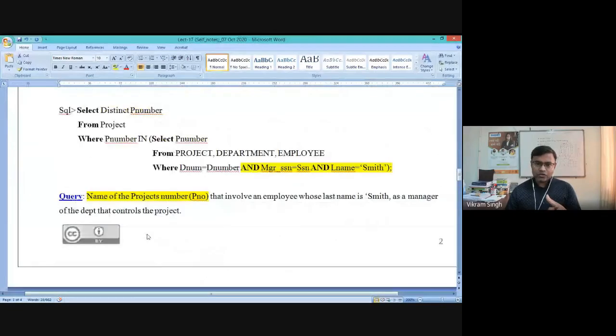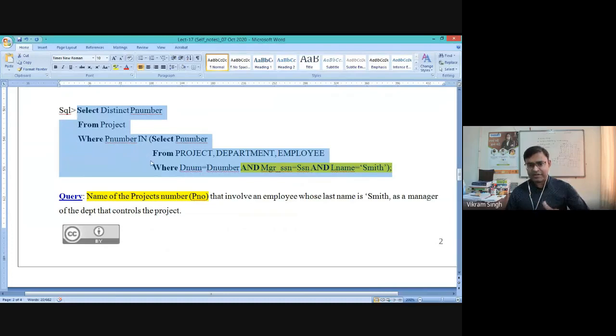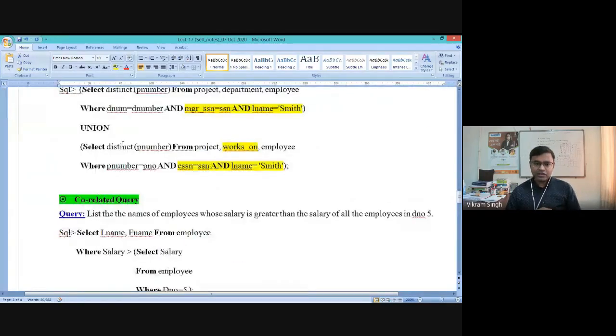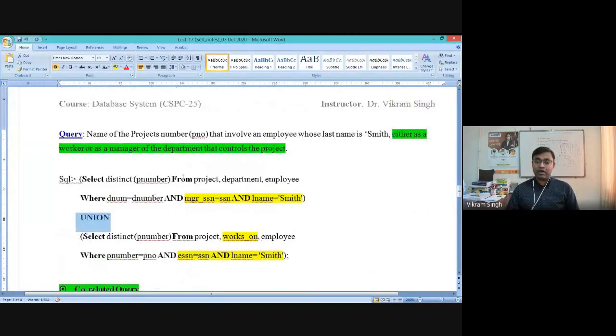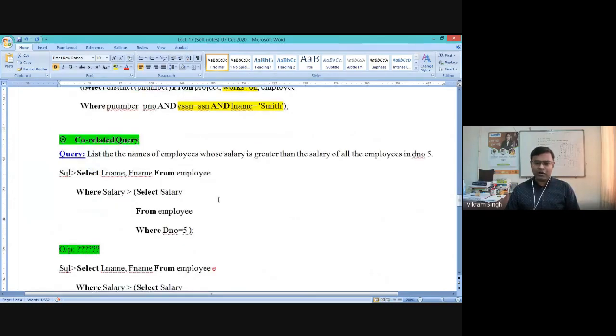Or you can use the nested approach: derive the results in a nested way and then have this union approach, right? So this is how you can use a subquery or a straight approach to derive the possible results with simple conditions, right? Now let's go to another form, which is called correlated queries.